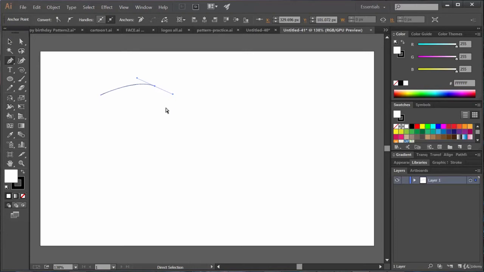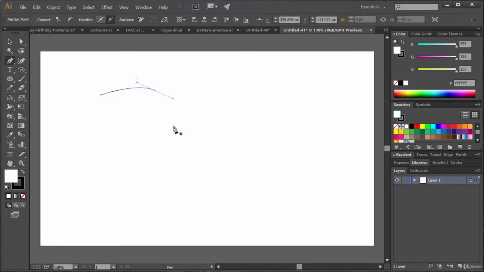Yes, friend. So tip number one is you can work with the space bar while drawing to change the location of your anchor point.